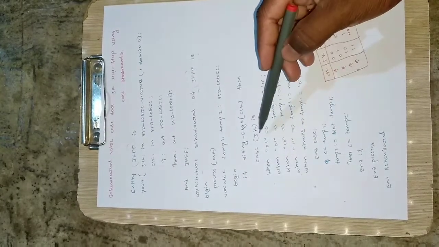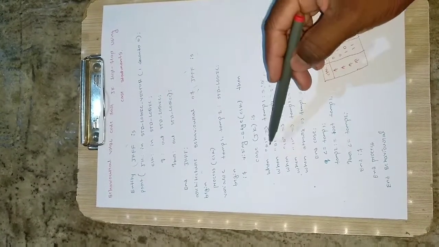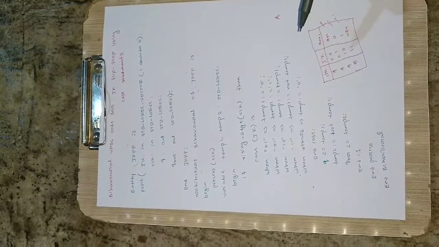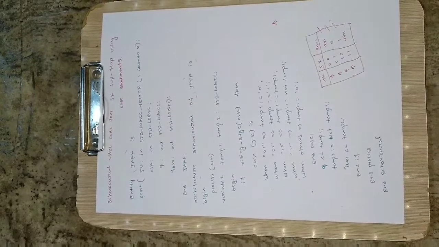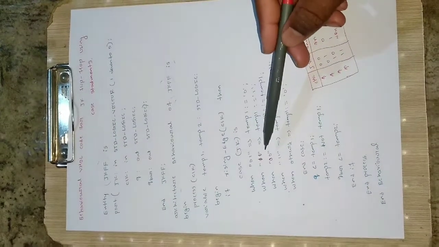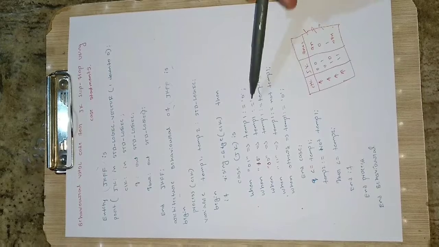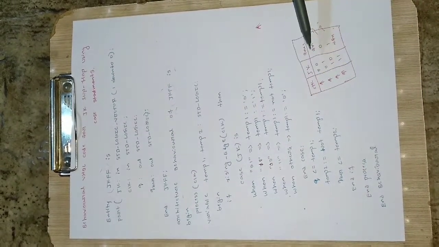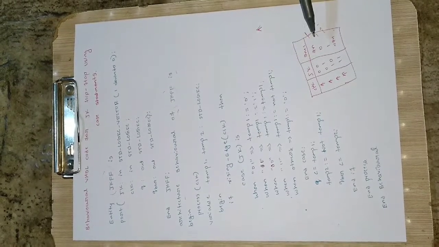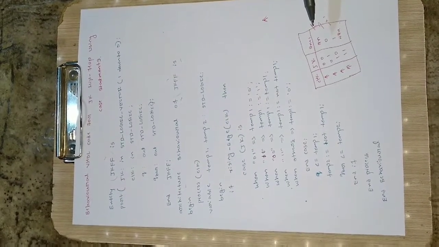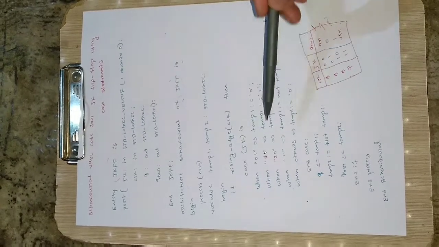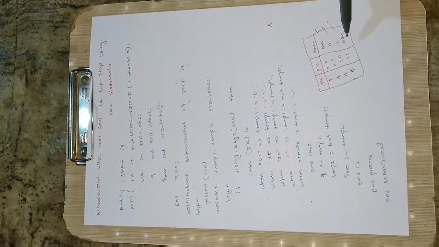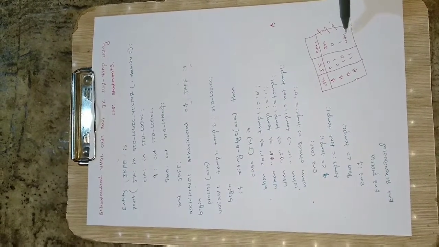So when jk, that is j is 0 and k is 1, when jk is 0 1, at that moment temp1 will be assigned with 0. And when it is 1 0, that is this condition, at that moment temp1 will be assigned with 1. And then when it is 0 0, that is the first condition, temp1 will be assigned with temp1, meaning no change condition. Whatever the output is, it will remain the same, so it will not change anything. And when it is 1 1, temp1 will be not temp1, so it will be a negation of the output itself, that is negation of the qn.